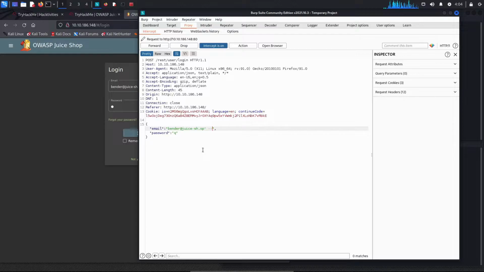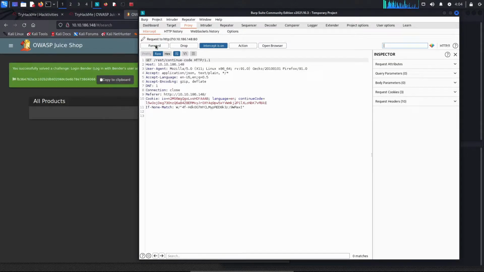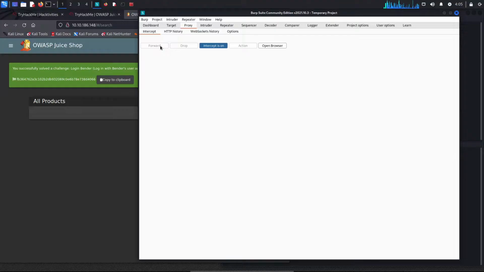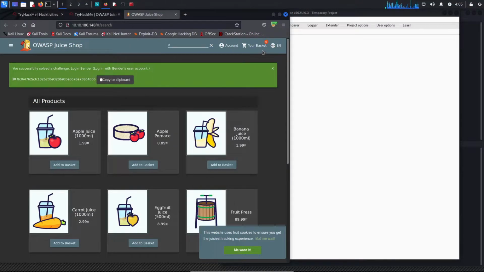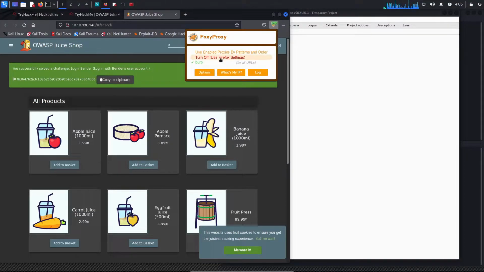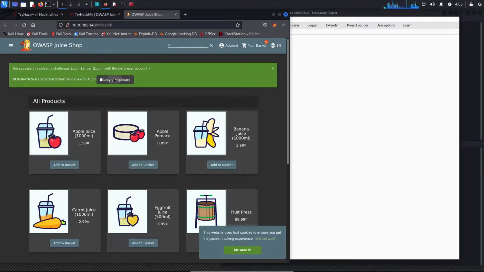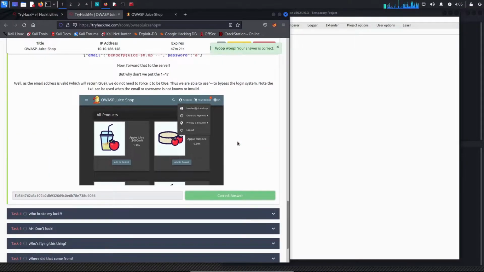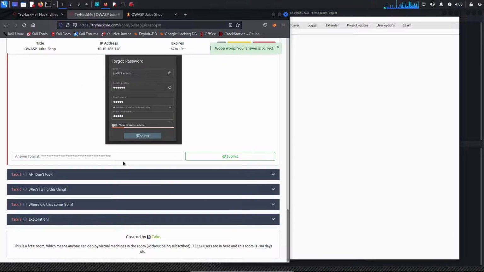So that should work. Let's forward this, and we got the flag as well. Okay, we're going to disable that so that we can copy the flag and paste it as the solution. Okay, that's great. Now moving on to task 4.